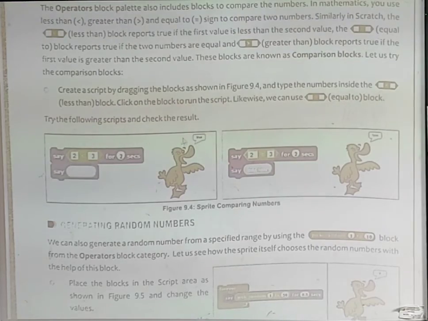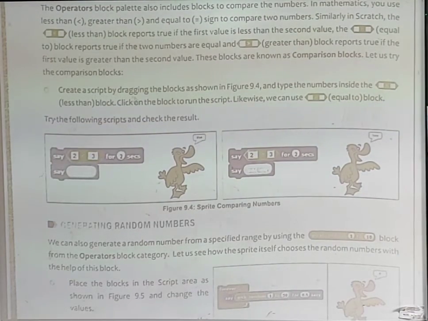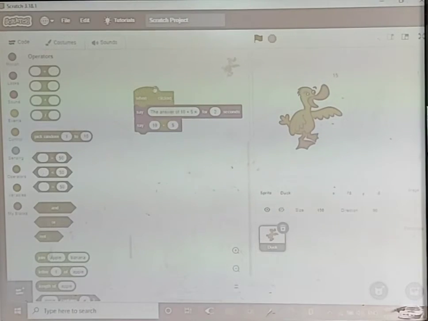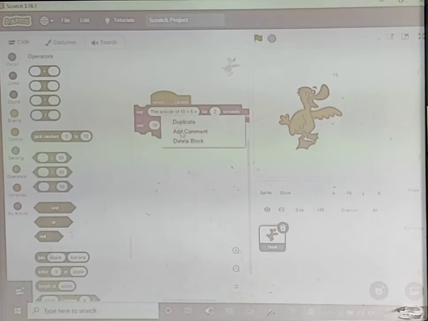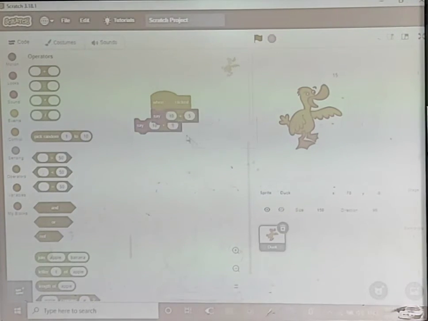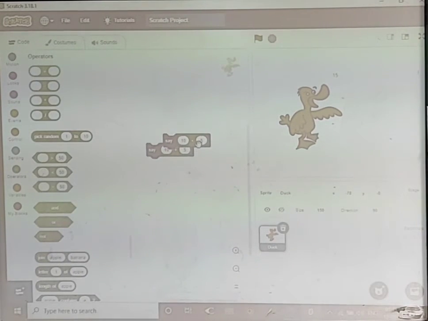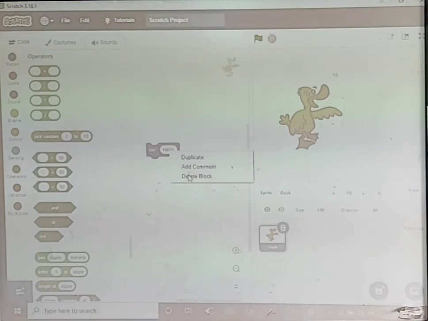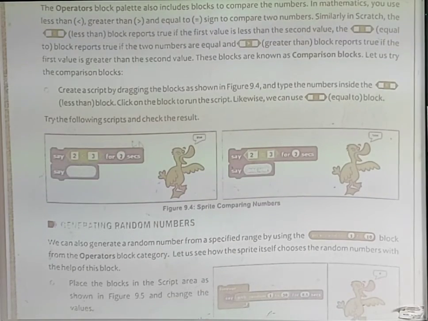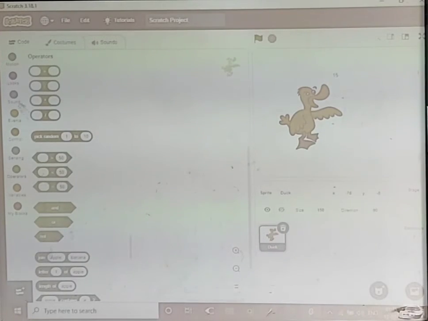So let's create one block here. Create a script by dragging the blocks as shown in figure 9.4. So now let's do it. It is already given, so let's delete this block. Okay, we have deleted everything from here. Now what we are going to do, as it is given, is say hello for 2 seconds, right? Where is it? It is there in that